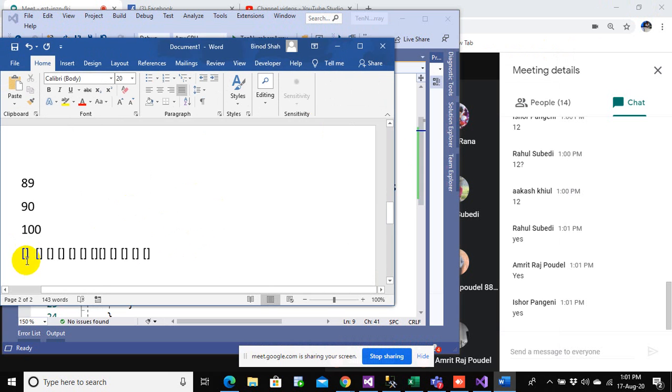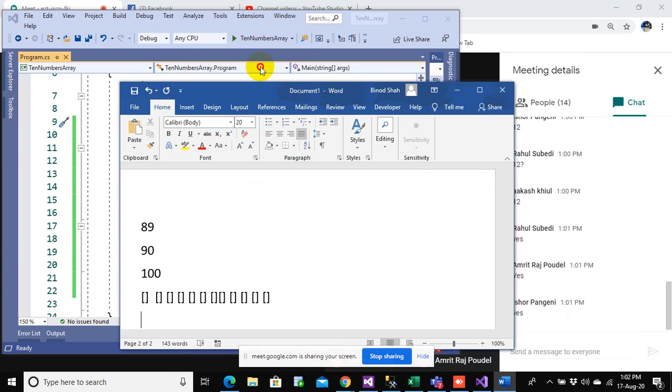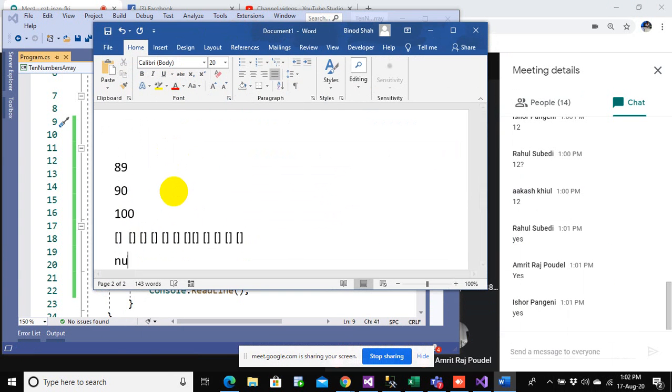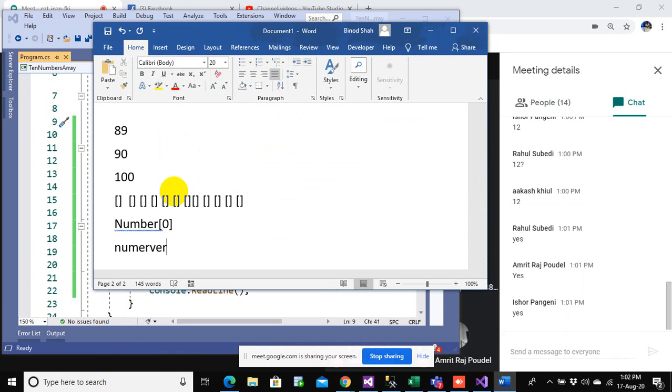So this has a position of 0. What is the name of the array that you have defined? The name of the array is numbers, isn't it? So the first one is numbers[0], which equals nothing now. The second one is numbers[1]. Third one is numbers[2].